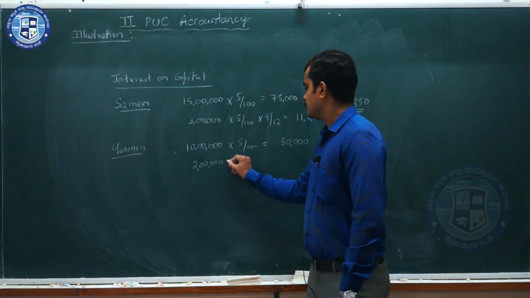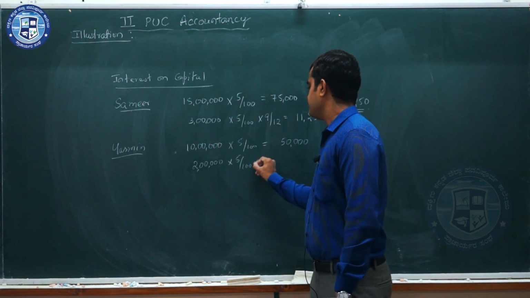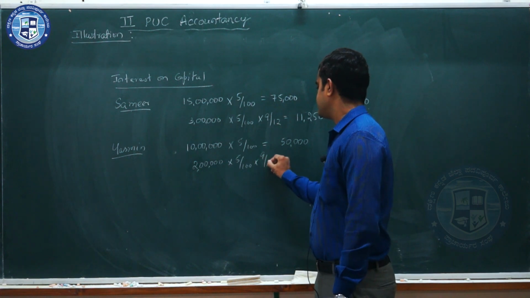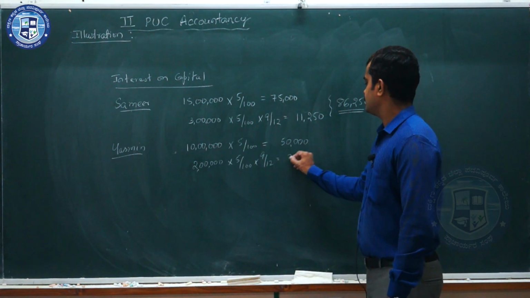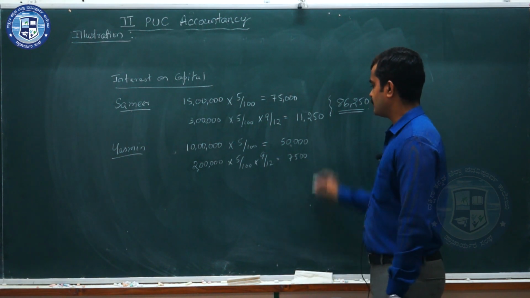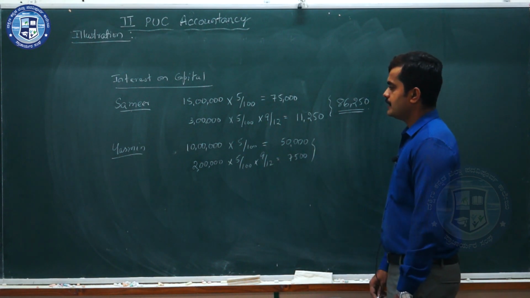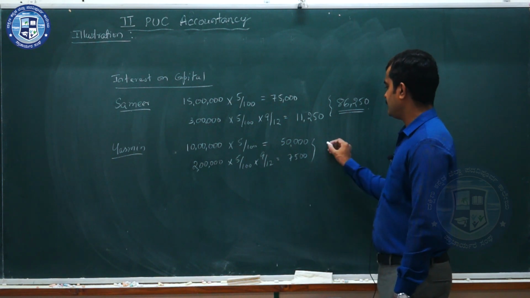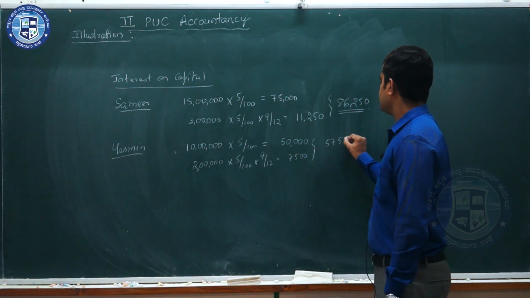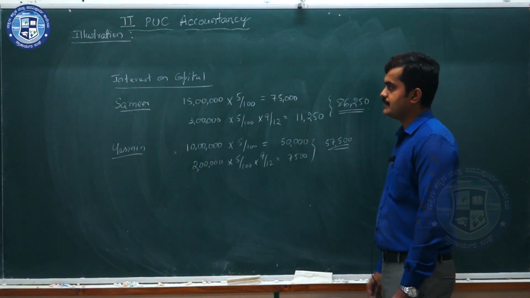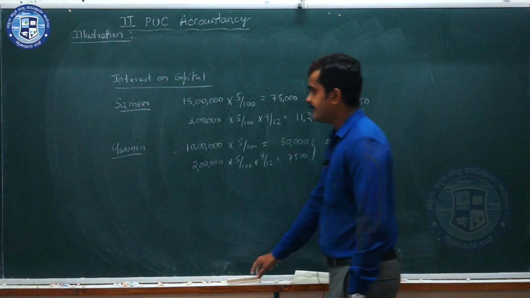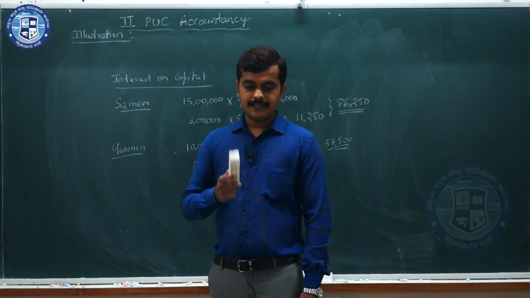On that 5% per annum for 9 months, interest will come to 7,500. So total interest on Yasmin's capital will be 57,500. So after calculating interest on their capitals, let us prepare